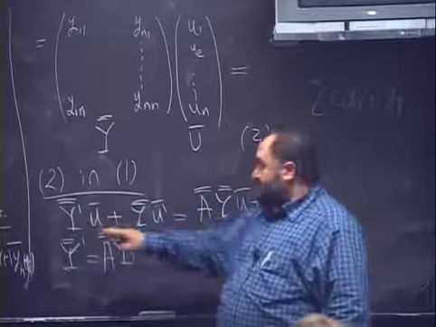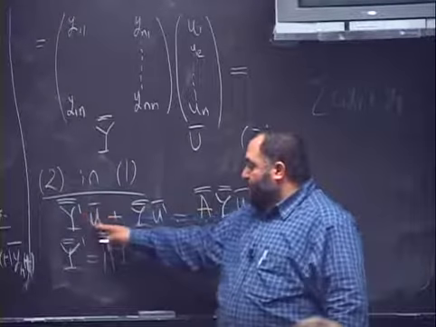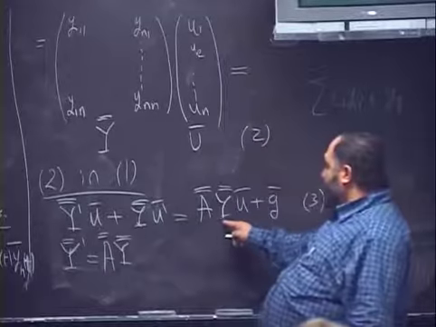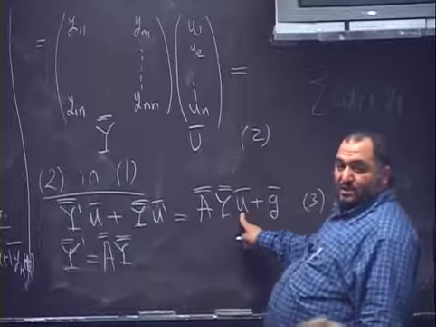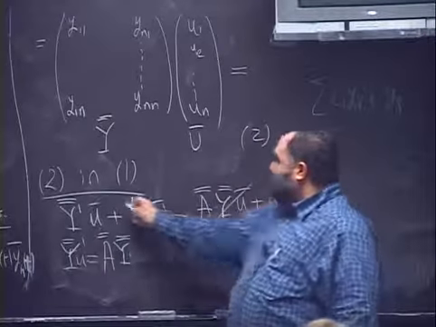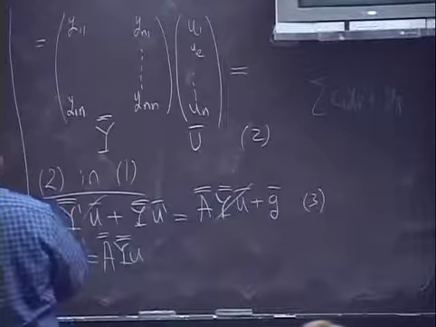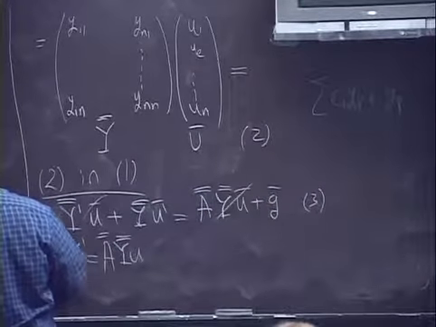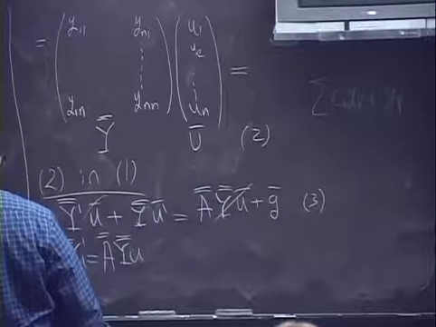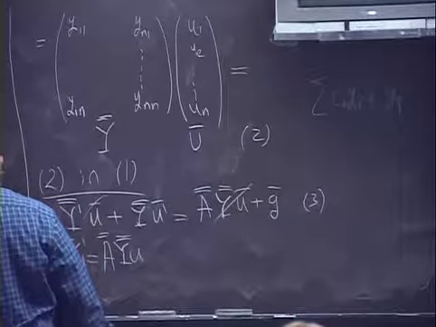So we can cancel this term and this term, because this is Y prime operated over U, and this is A Y operated over U. If you operate this over U and this over U, you will cancel this term with this term. So our equation will become